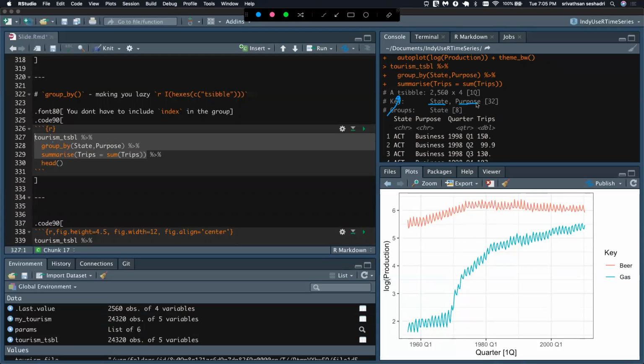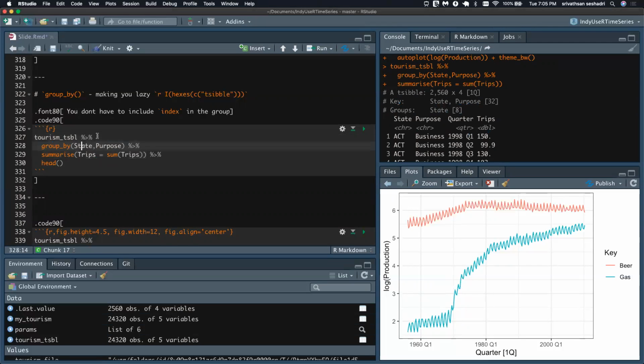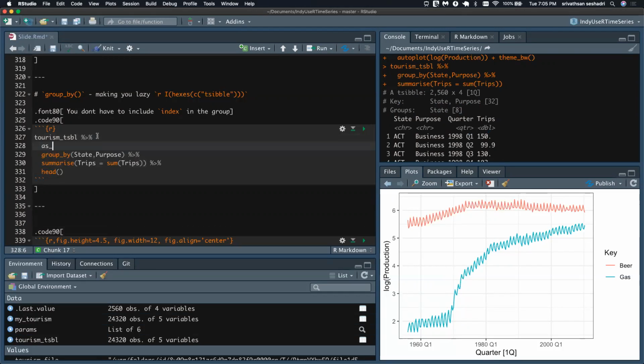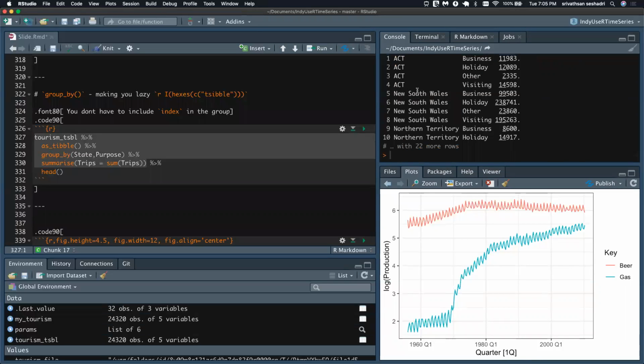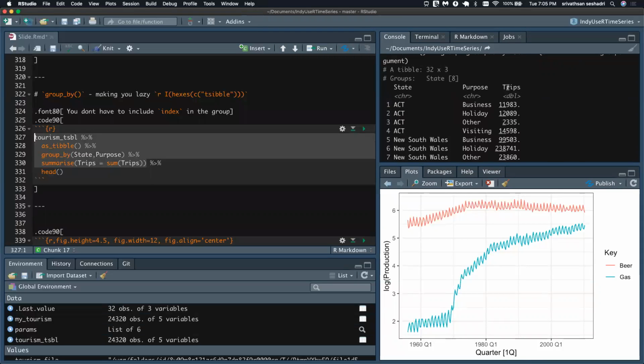And what you notice here is if you were doing this in a tibble, you would only get the group_by results. I'll quickly do it to show as an example. As tibble, right? You see how it took the state and purpose and calculated the trips.